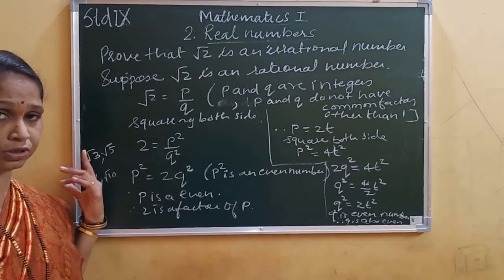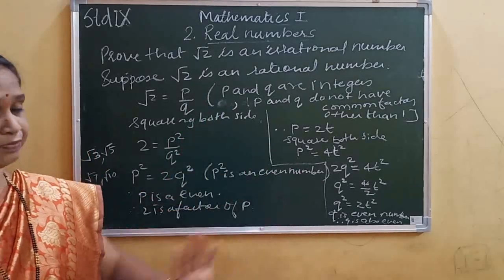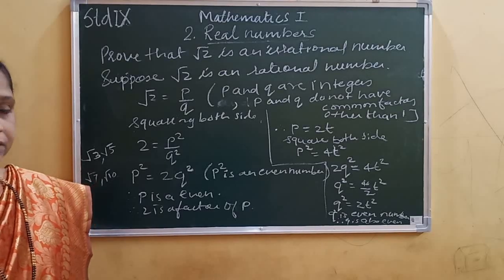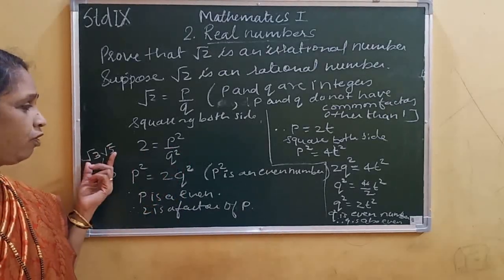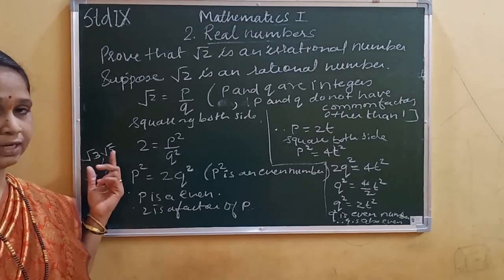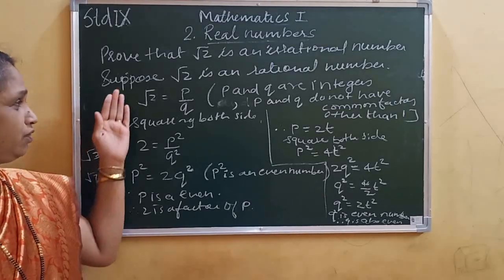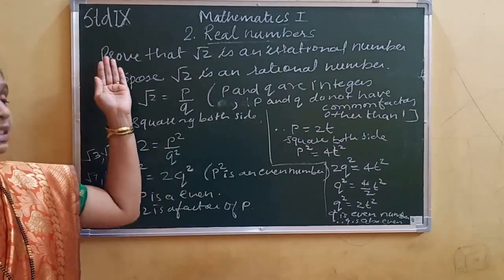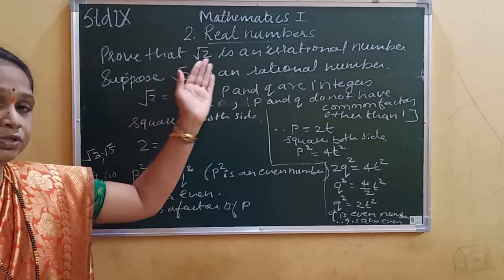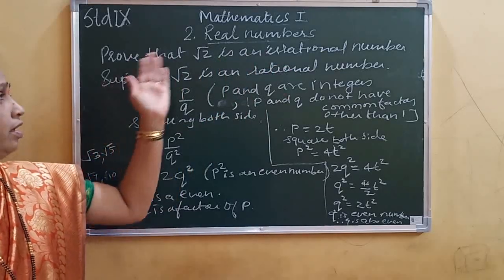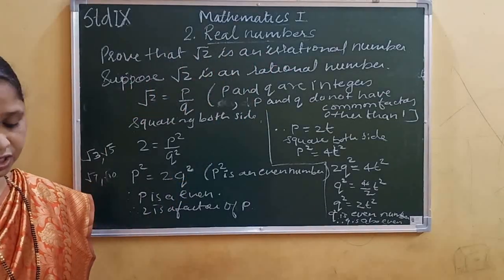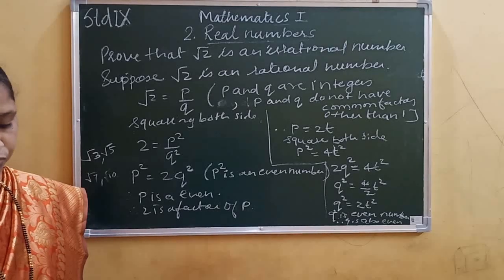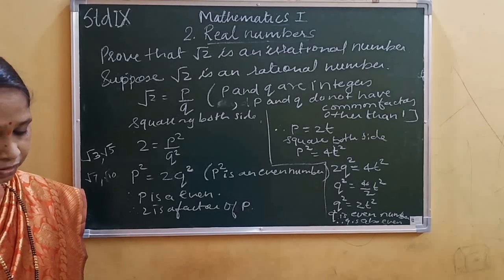Already I am telling what you have to write, because everything is in front of you. So you can do that. You understood this? So this you have to do for 3 and 5 as homework. Now, how have I proved that root 3 is an irrational number? The same way you have to prove that root 3 is an irrational number and root 5 is an irrational number. You have to prove it. And the last one is given in the textbook. From the textbook you write down.